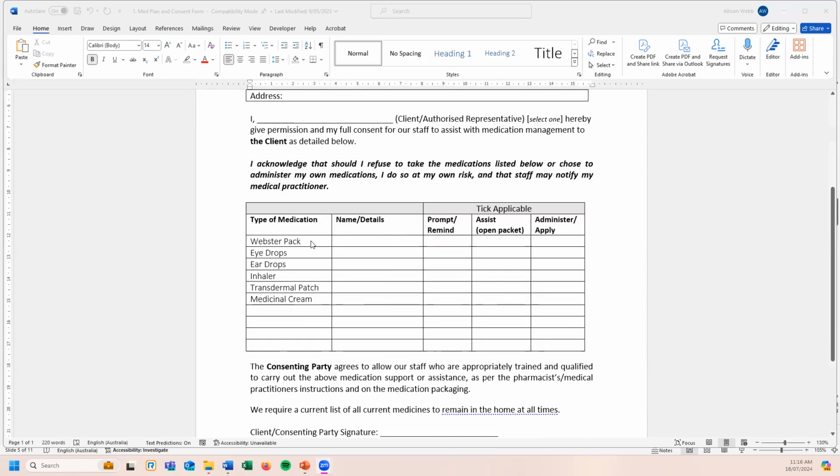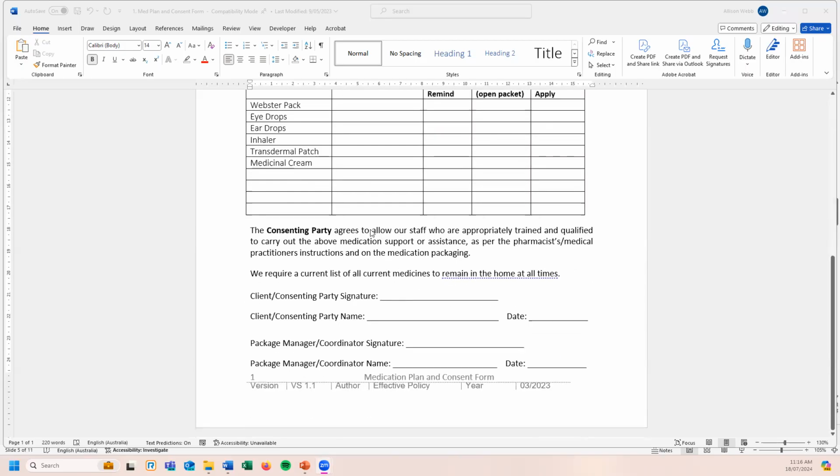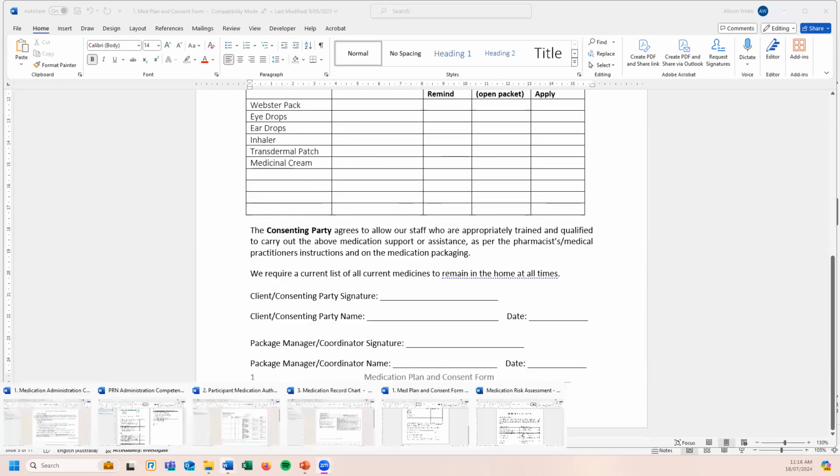And so this plan as well is just name of type of medication, any details, whether or not they're prompting, assisting, or administering it, and getting that consent. So that's really important as well. Our next form,